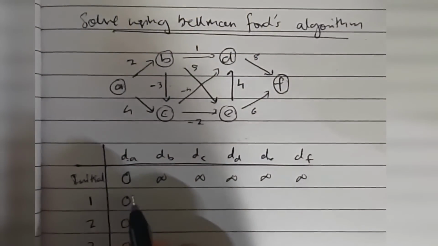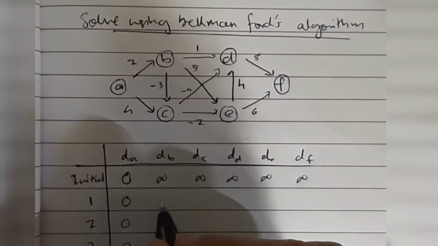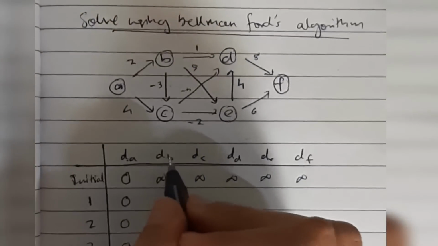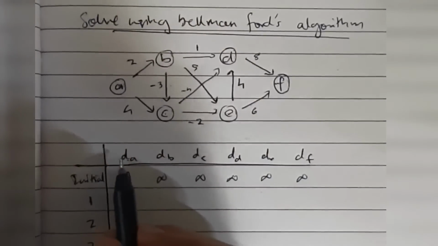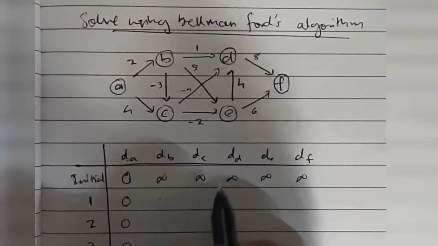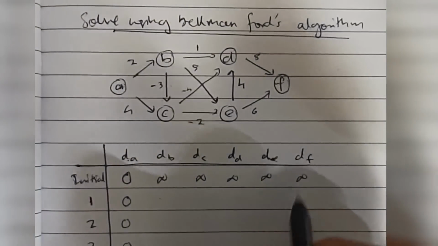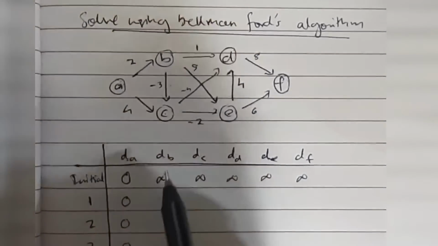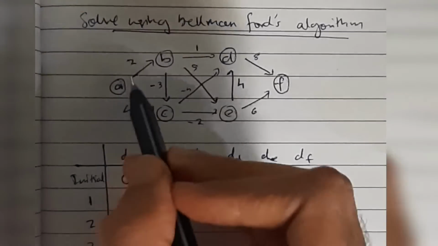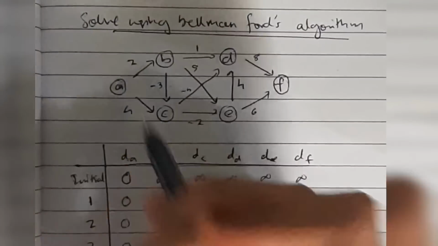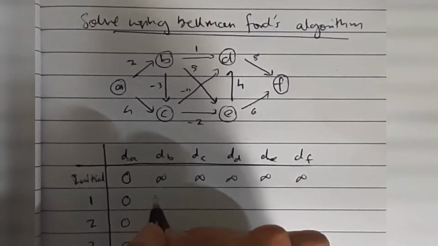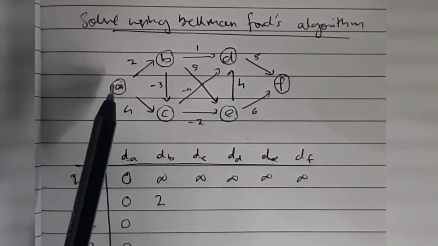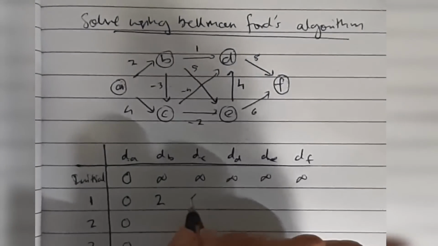For filling each of these values we'll be using a formula. So the first one is, what is the distance from the source vertex to B? See, dB means the distance from A to B, A to C, A to D, A to E and A to F. First we'll be finding the distance from A to B. Initially it is infinity, but when we look at the graph we get A to B as 2, so 2 is less than infinity, I will mark it as 2. The next one is A to C. A to C I can get directly, it is 4, I'll write 4.